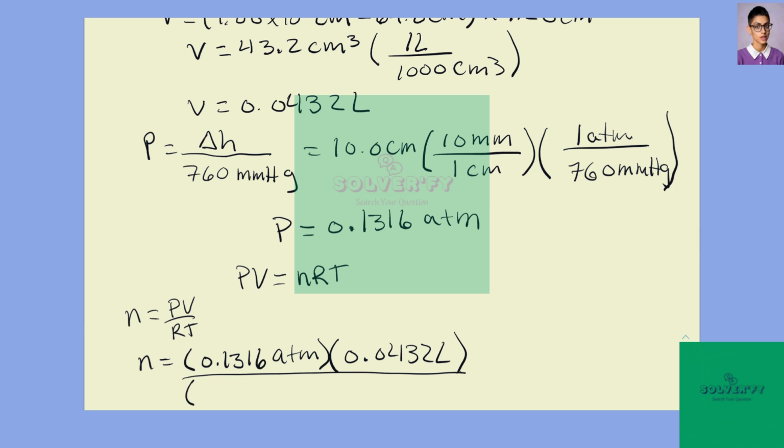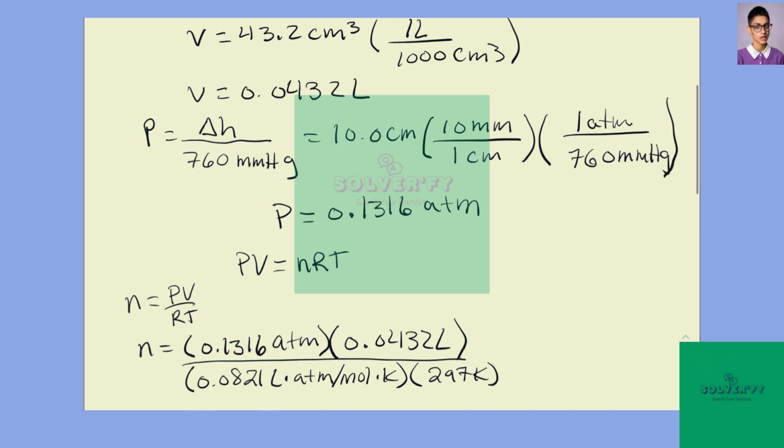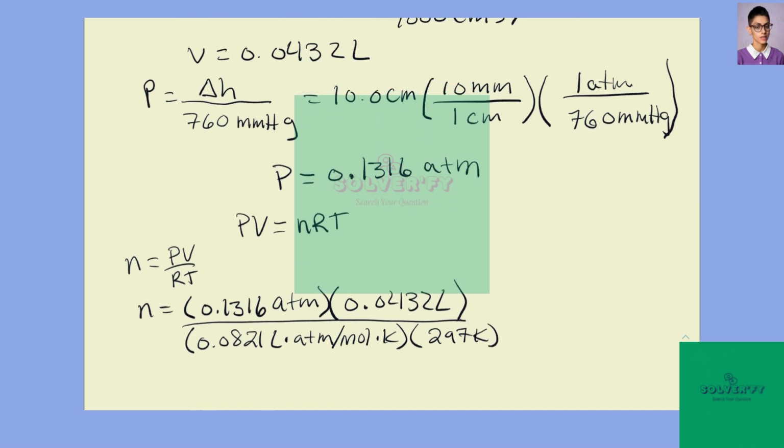We're going to use 0.0821 as our R value, liters atmosphere per mole Kelvin. And we're going to times that by our temperature, which is 297 Kelvin. So our moles is going to be 2.33 times 10 to the negative 4th moles of